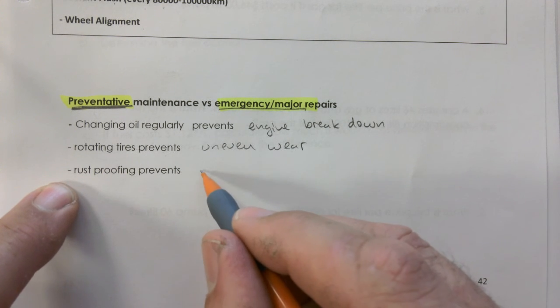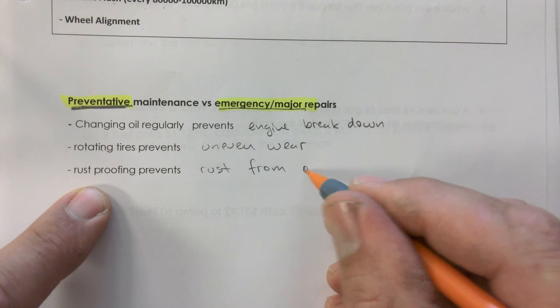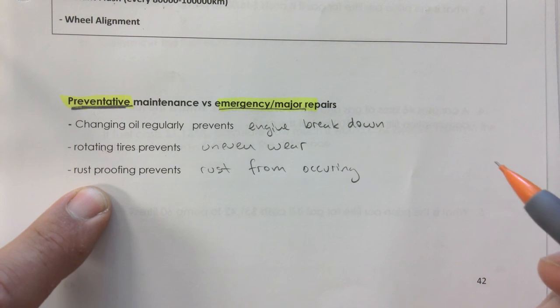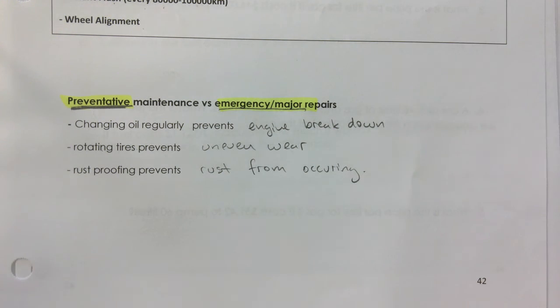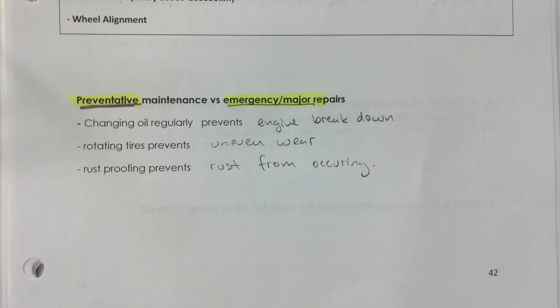Rust proofing prevents rust from occurring. Let's just put that down. And when you see rust, it's because it has been happening for years already inside. Between the door panels, water sits there. It cannot go anywhere, and so it starts already. So when you see it, it's almost too late, right? And it's very expensive to repair. When you do the rust proofing, there's a film of oil in there, so even if water sits, that oil will kind of push it out, right? Oil and water do not mix, right? So do it if you can, if you have the money. Okay,